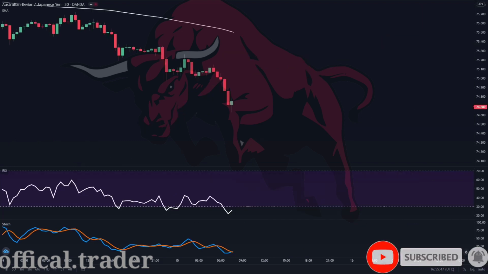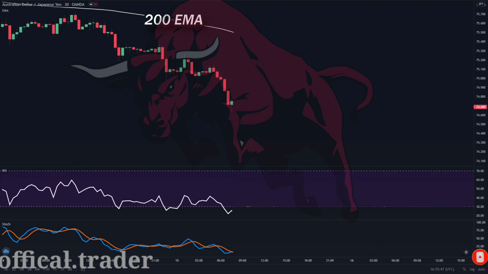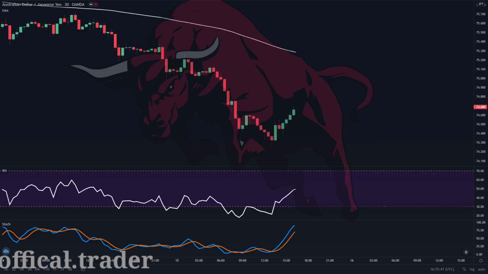In this chart, we can see that the price is below the 200 EMA, meaning we only look for bearish hidden divergences. Once you've spotted the divergence, the next step is we want to further confirm the signal by waiting for the stochastics to cross over downwards. Once this happens, you take a sell position.